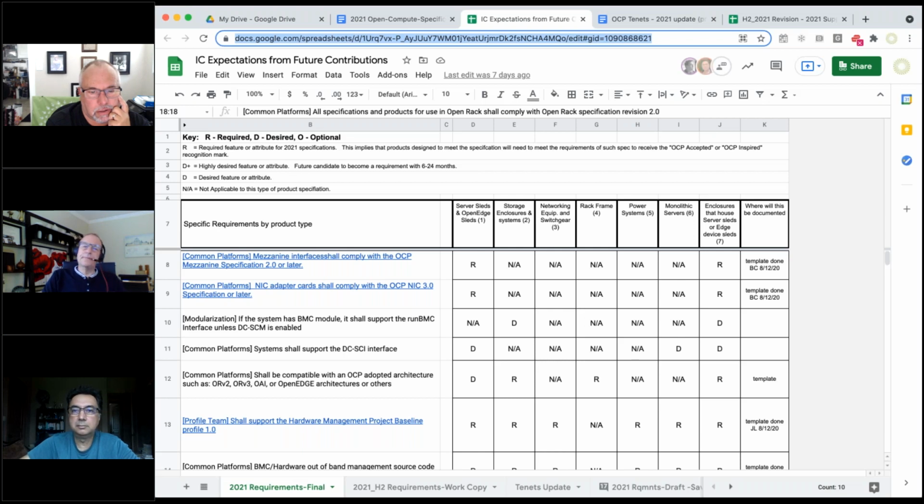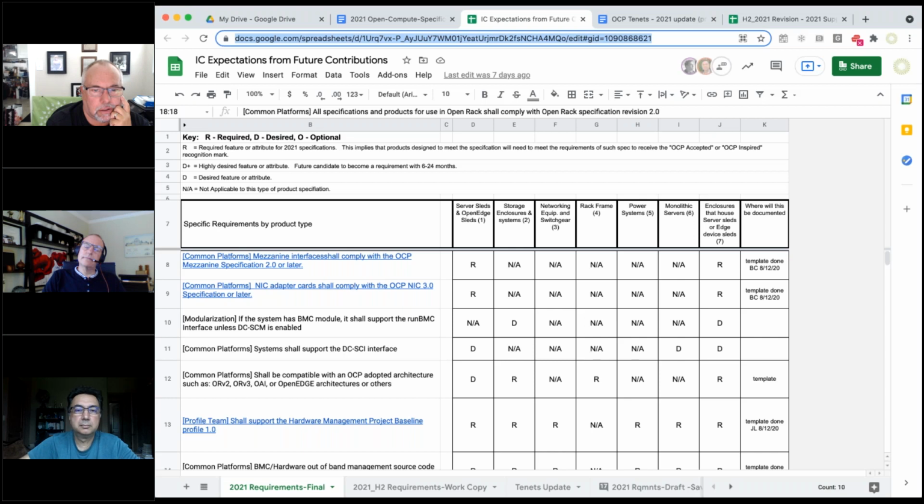Well, I think if you can adequately explain this to a supplier that is seeking this from where they're coming today, which is super simple. If you meet the spec, you get OCP inspired. If you meet the spec and the design package, you get OCP accepted.